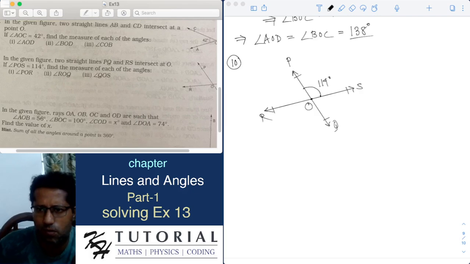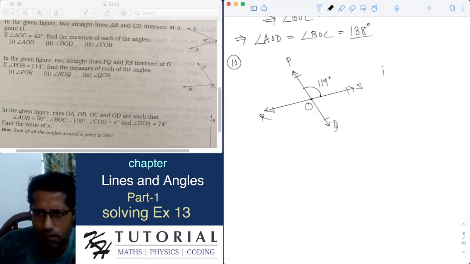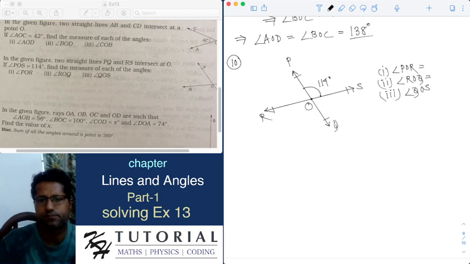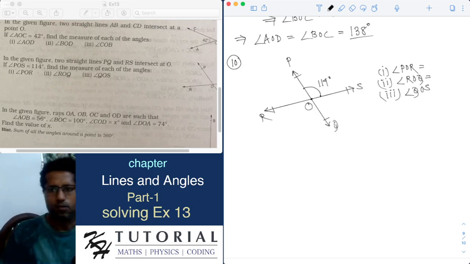Okay, it's similar to problem number 9. It is asking angle POR, angle ROQ and the angle QOS. Okay, now